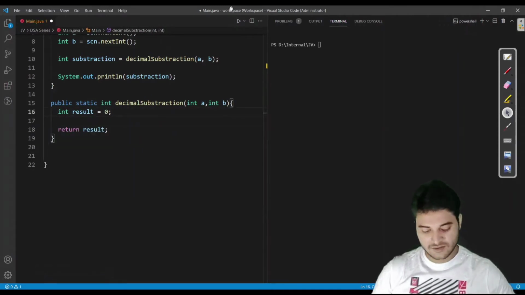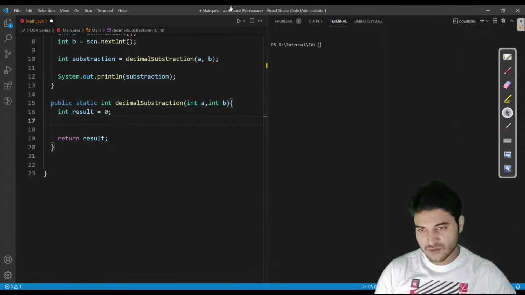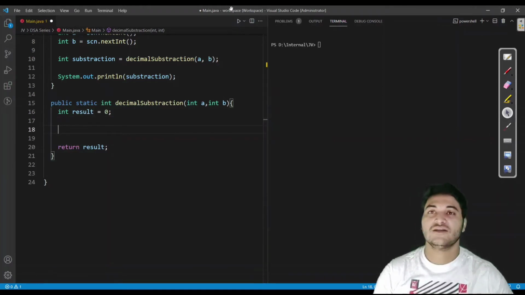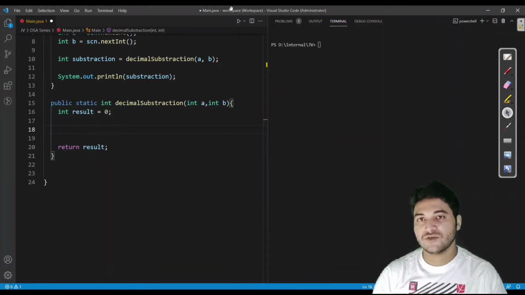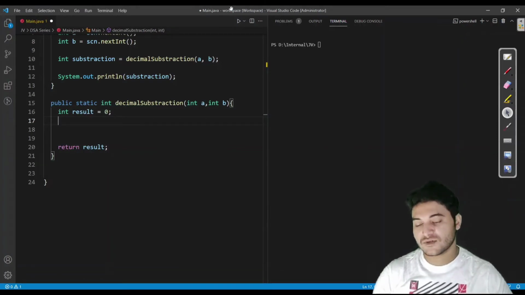So see, till here we are making a result variable and we are returning the result variable. Fine. So what we have to do in our, let's say if you have watched my addition videos, then what we used to do, we ran a loop till either first number is not 0, either second number is not 0, either carry is not 0. But in this case we do not have any carry, so we can define a variable with the name carry also, but in the context of subtraction, we should define our variable with the help of borrow.